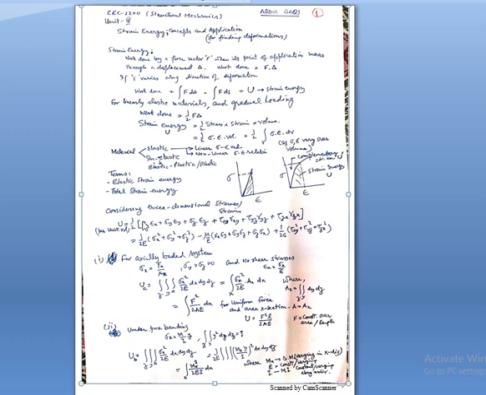See here: sigma x, sigma y, sigma z, tau xy, tau yz, tau zx, and the corresponding strains are also taken. So this must be the strain energy per unit volume of the material, where the multiplication of all the stresses and strains is taken into account.